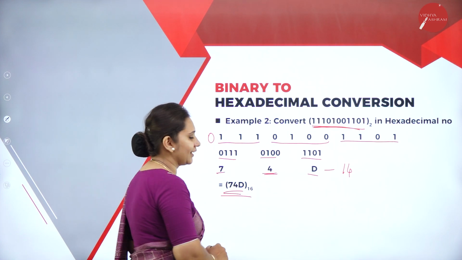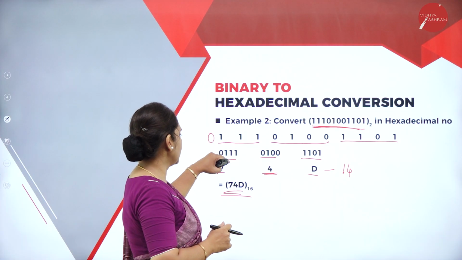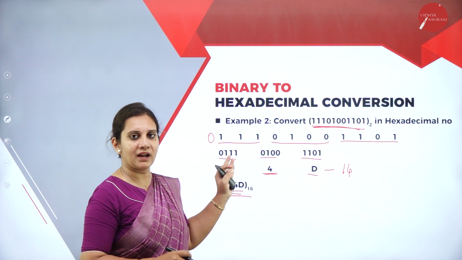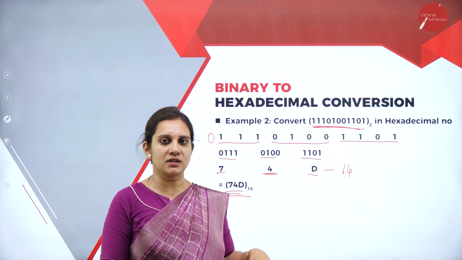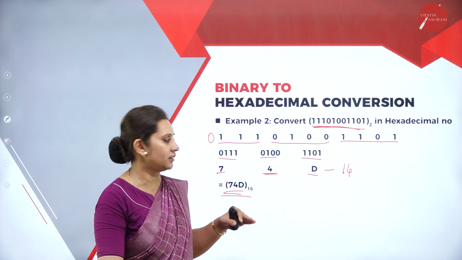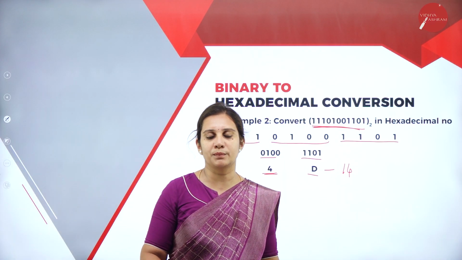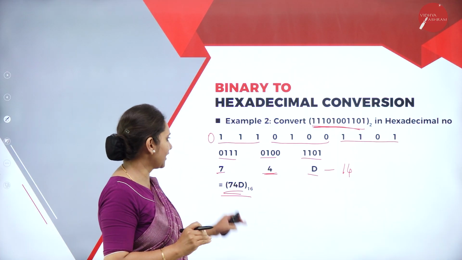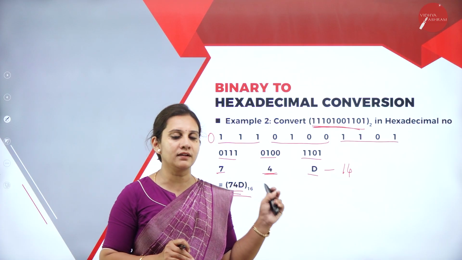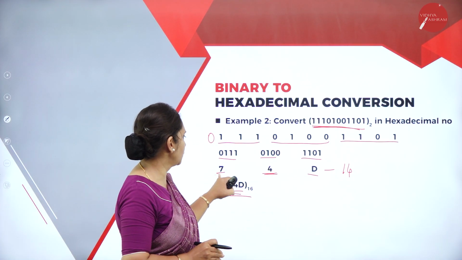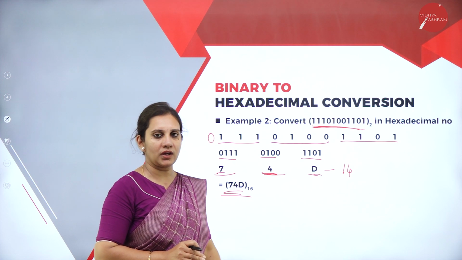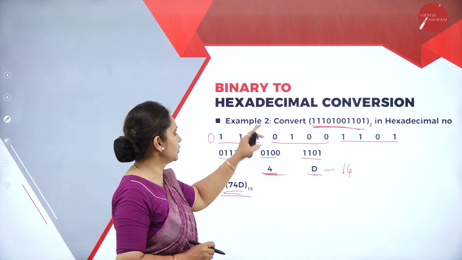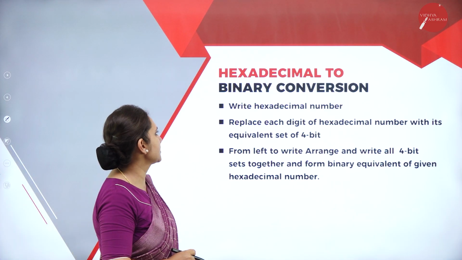Where I get these values, ma'am? If the question is, you need to again do the conversion to get the equivalent from binary to the hexadecimal number system. You need to follow when you're dividing the given binary to the hexadecimal procedure, the positional values you need to take, and there you will get it. The multiplication method in the previous slide, what I explained, in that equivalent forms, you will get these numbers. Okay. So you need to follow the ASCII chart for that. So this is a methodology to convert from binary to hexadecimal conversion.